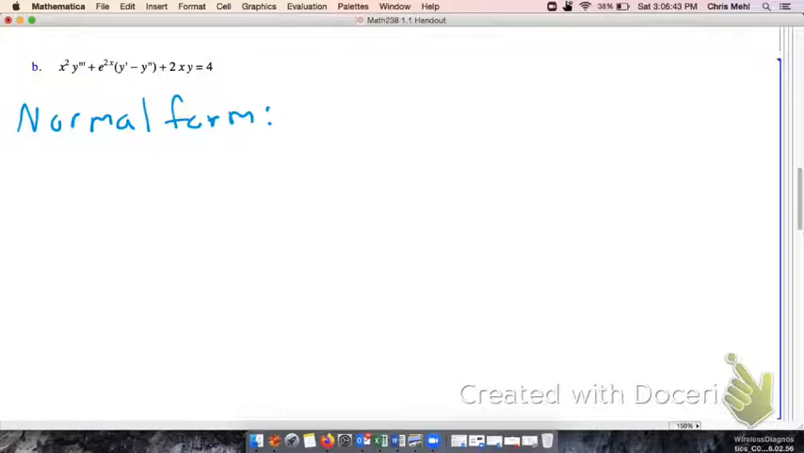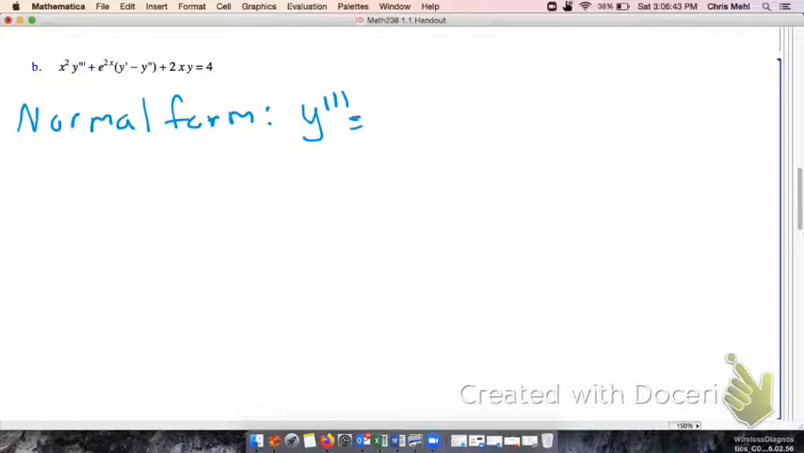So in normal form, I'd probably need to make sure that the only thing that appears on the right-hand side is... I guess I'd have to solve for the highest order derivative. So the first thing I'm going to do, to put this into normal form, is solve for the highest order derivative. I'll solve for y triple prime, and that is equal to,